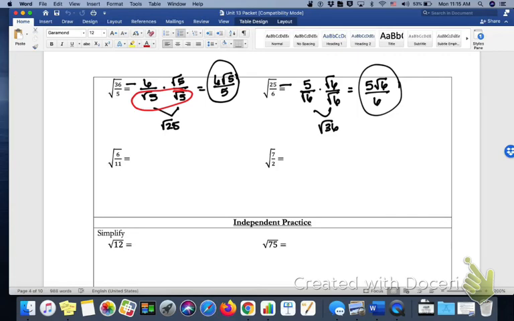Square root of 6 divided by the square root of 11. Now, neither one of those are perfect squares, so we're going to simplify by having the square root of 6 divided by the square root of 11. And then we'll rationalize that by multiplying the numerator and the denominator by the square root of 11. When I take 6 times 11, I get the square root of 66. And unfortunately, I can't simplify that at all, so that's going to stay the square root of 66 in the numerator. But the square root of 11 times the square root of 11 is the square root of 121, and